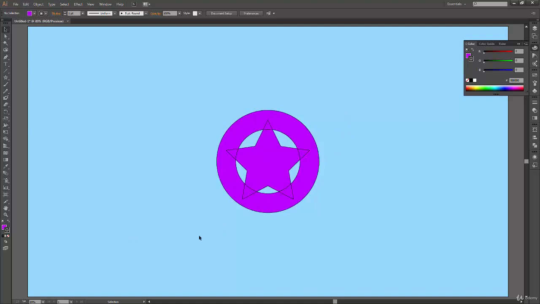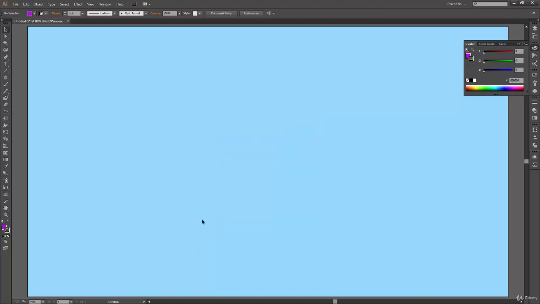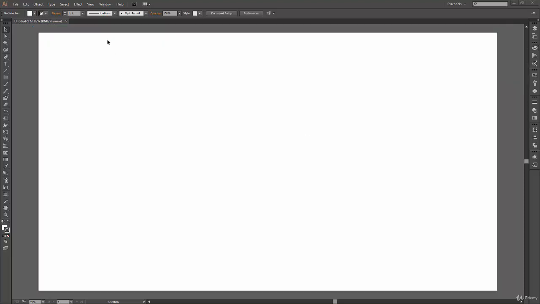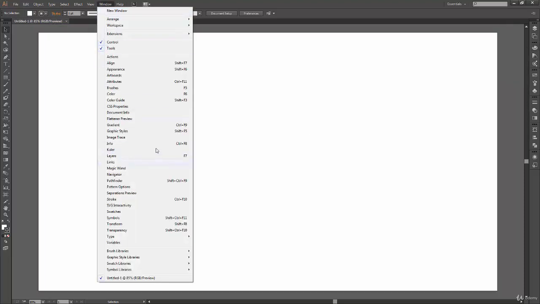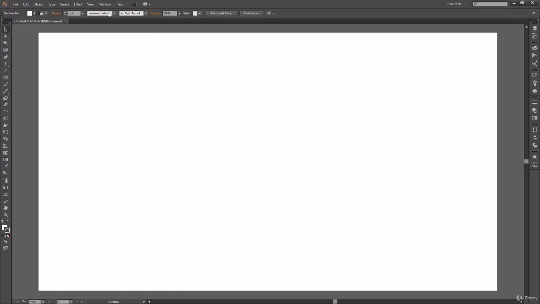Now, the next thing we are going to see here is Pathfinder. It's actually a panel, the Pathfinder panel, and it has a variety of shape modes and a few plus-minus operations that will be performed on your shape. Everything goes in one single panel, and how it works, we'll see now. To open the Pathfinder panel, you can go to Window and click on Pathfinder. The shortcut key for this is Shift Control F9. So this time let's press Shift Control F9 on our keyboard, and here I have my Pathfinder panel open.